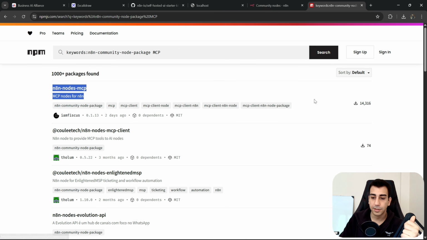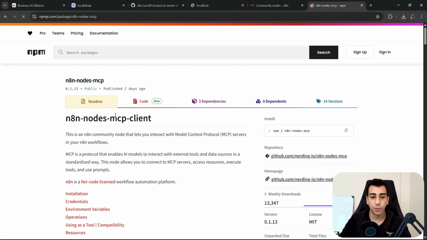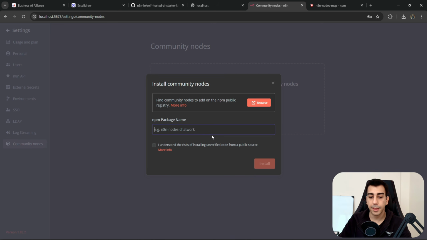And there it is. You can see it's the first one in the list. It has 14,000 downloads, so it's really popular in the community. I'm going to click on n8n nodes MCP, and this is going to take us into this package. The only thing we need here actually is the name of this package. I'm going to copy it and go back to our app, and then paste it where it's asking for